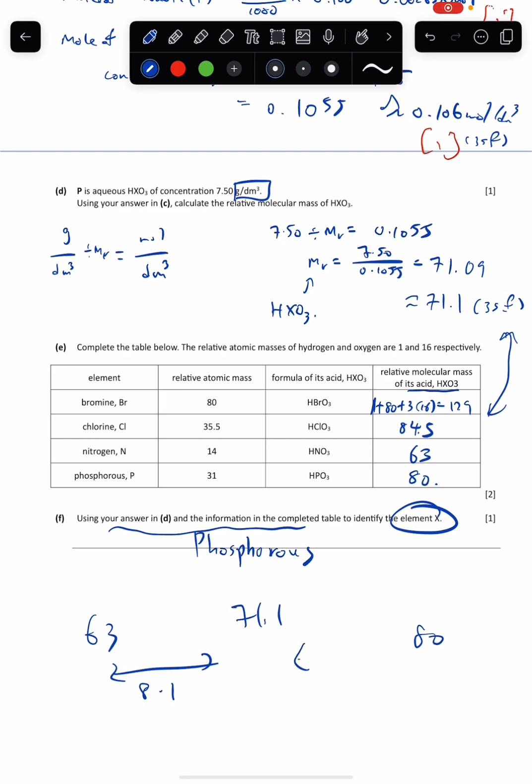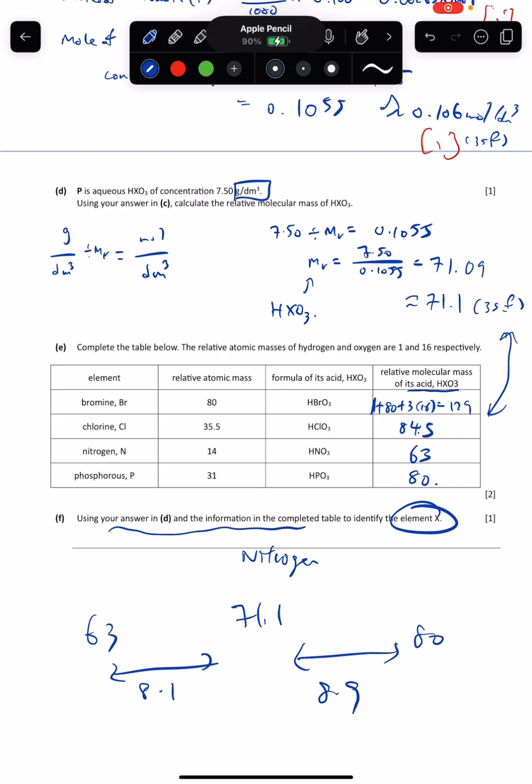The difference here is 8.9. So it's nearer to that. So the answer is nitrogen. In exam context, part F is actually very open. It depends on your results. If your results are nearer to N, then it's N. If it's nearer to P, it's P, which is good. There's no fixed answer. That's about it. Thank you. Please try question